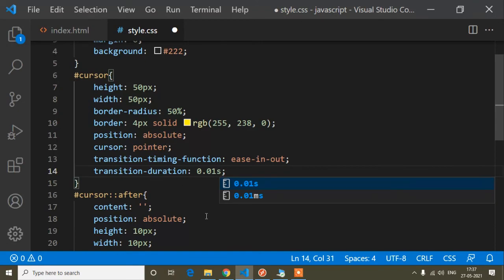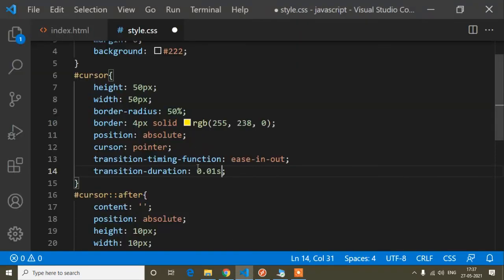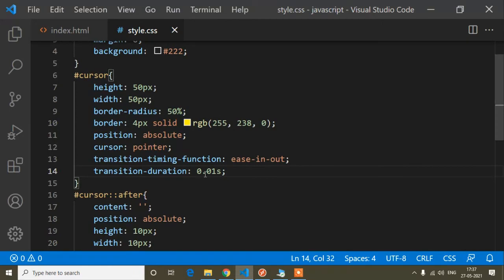That means when I move the mouse pointer, the element will move with the duration I set, 0.01s. Save, and now you can see it's moving smoothly. You can set the value to 0.1s and it will move more smoothly and slowly.